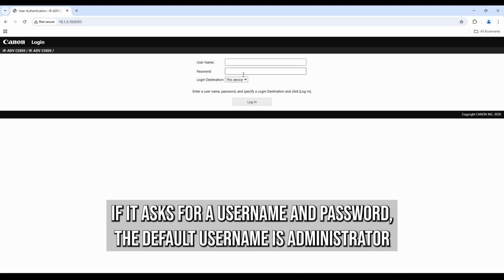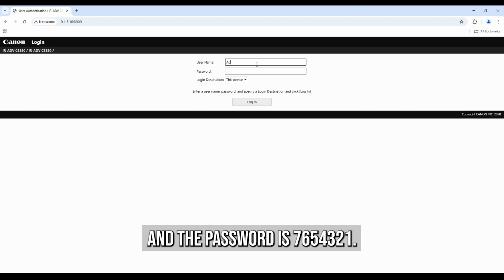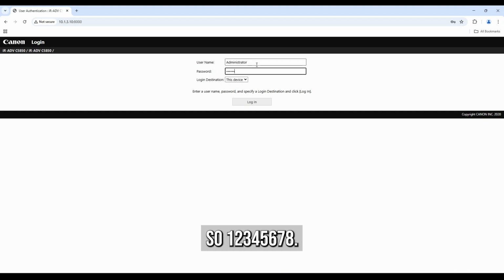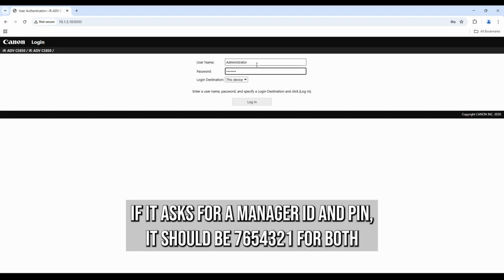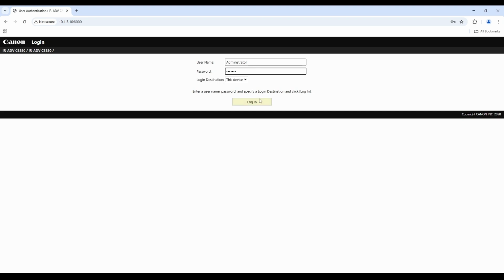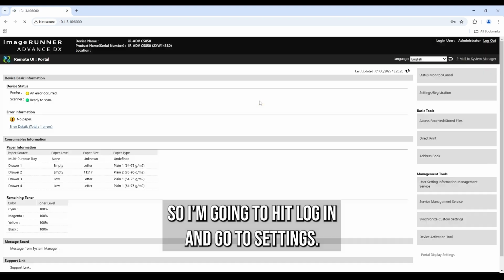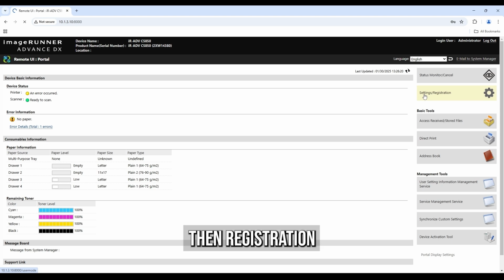If it asks for a username and password, the default username is administrator, and the password is 7654321. It could also be 1 through 8, so 1, 2, 3, 4, 5, 6, 7, 8. If it asks for a manager ID and PIN, it should be 7654321 for both. So I'm going to hit login and go to settings, then registration